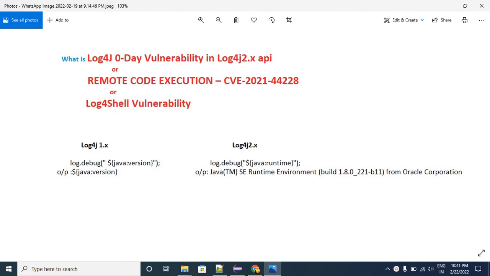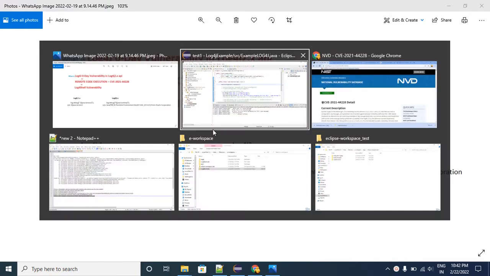Welcome. Today we'll discuss the log4j zero-day vulnerability in the log4j 2.x API, which allows remote code execution, CVE-2021-44228, also known as the Log4Shell vulnerability. What is this vulnerability? We'll see in practice how the vulnerability is present and what the remediation steps are, how